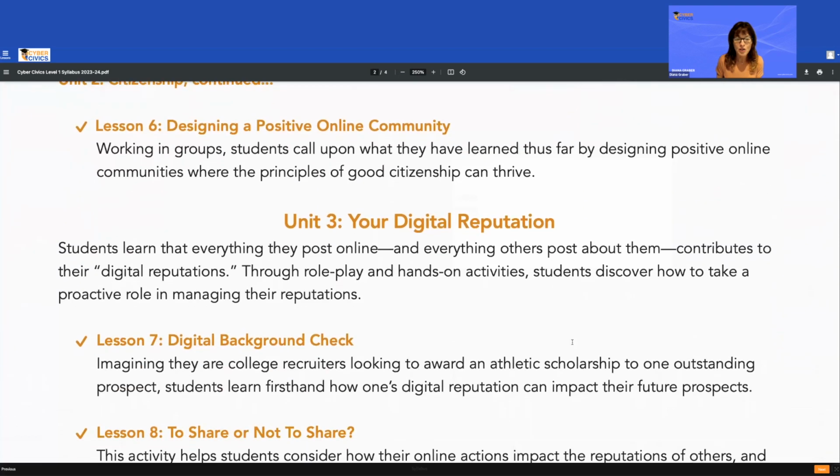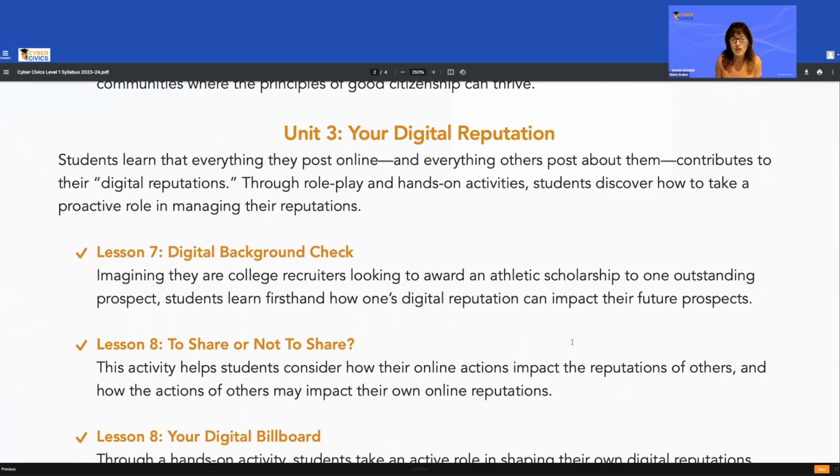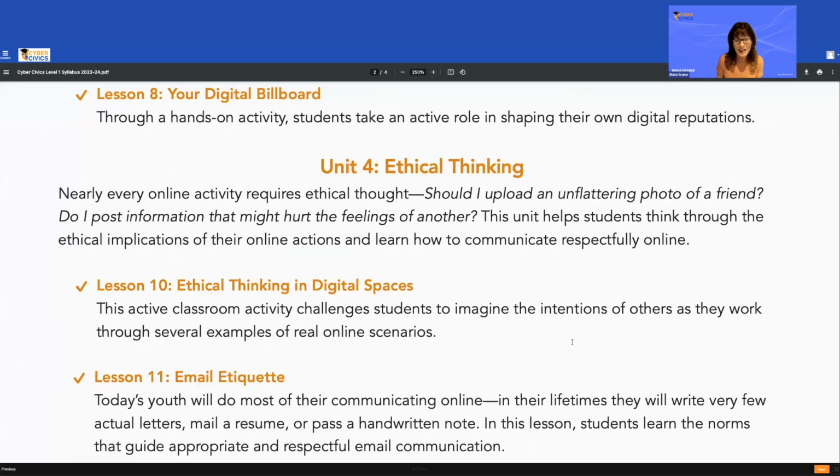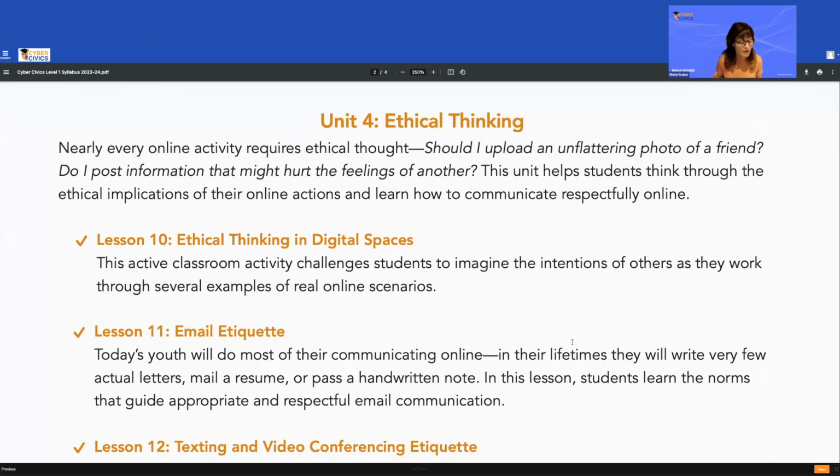That moves them into unit 3, which is your digital reputation. As you know, everything we post online says a lot about us, and we want the kids to be really thoughtful about that. So we've got 3 lessons in that unit. Ethical thinking comes at a really good time. It's kind of the middle